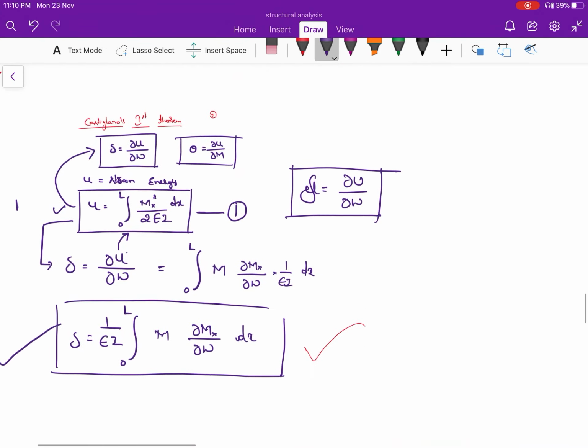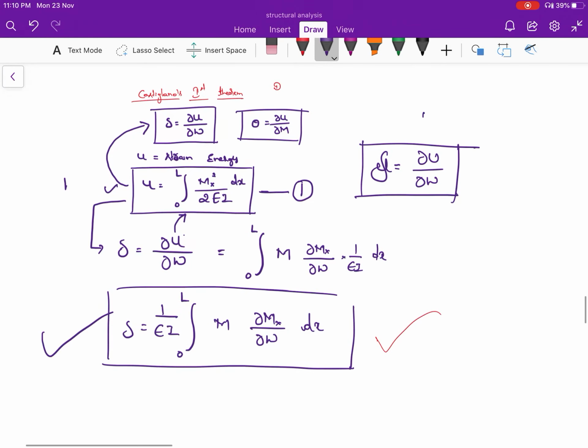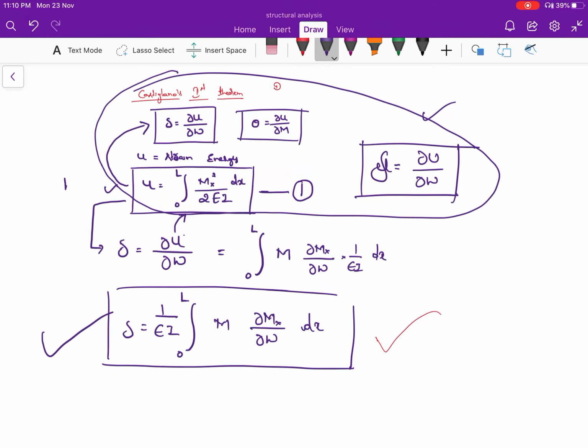This is one thing. According to the formula which I had given, I used this formula to solve the numerical problems, which is the better one. Now you can directly find the value of deflection by making use of this formula. If you want, you can take this formula and cross check this.